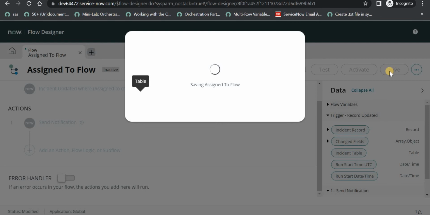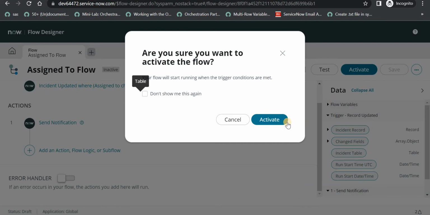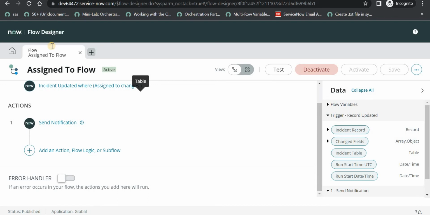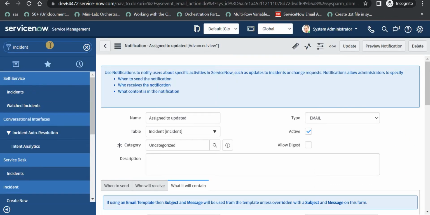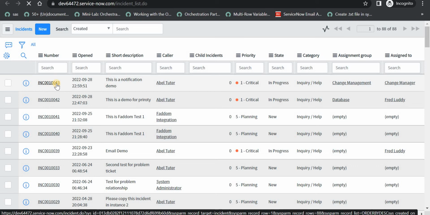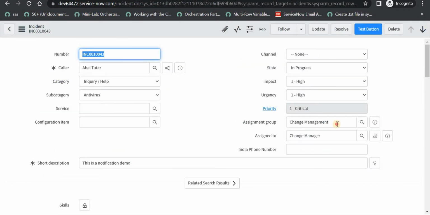And this is a very basic flow which we have created, and then finally we will activate this so that it runs every time. And now it is saved. I will go to an existing incident, and we will try to change the assignee of that ticket, and we will see whether the email has been fired or not. Right now in this ticket, the assignment group is change management, which I will change to database, for example. And in assign to, I can give Fred Luddy. I will save this,